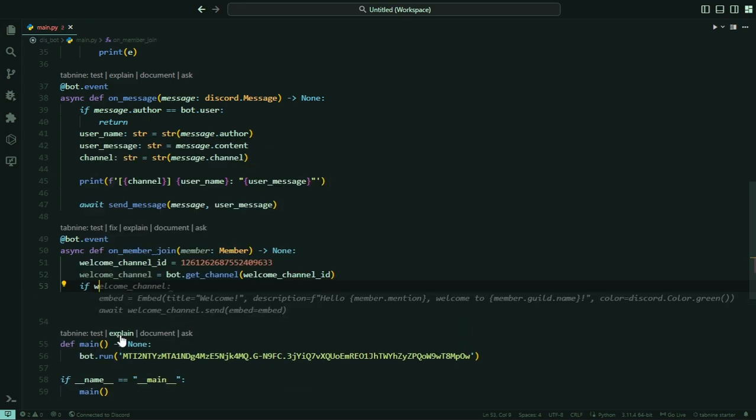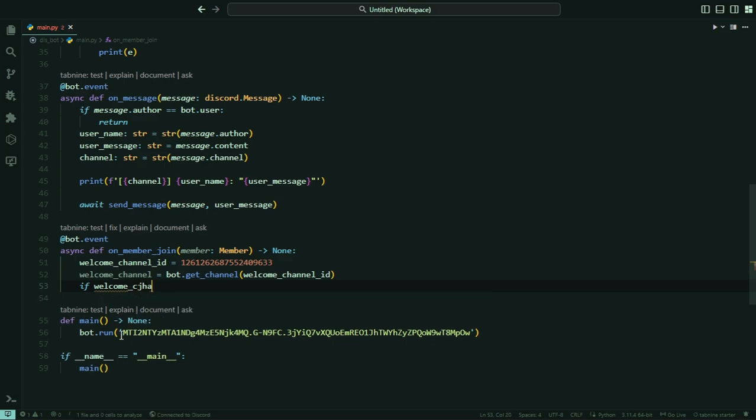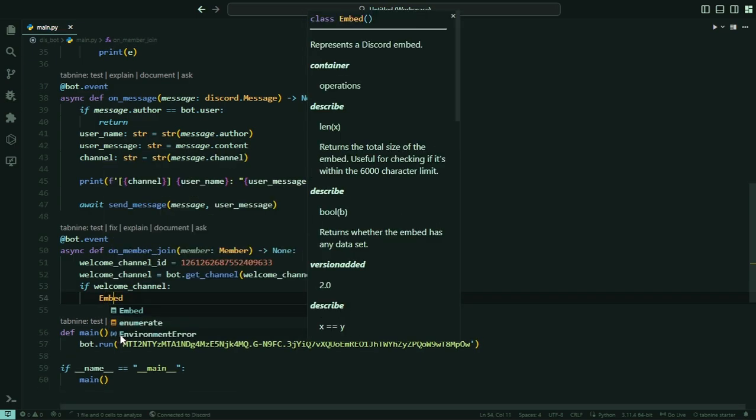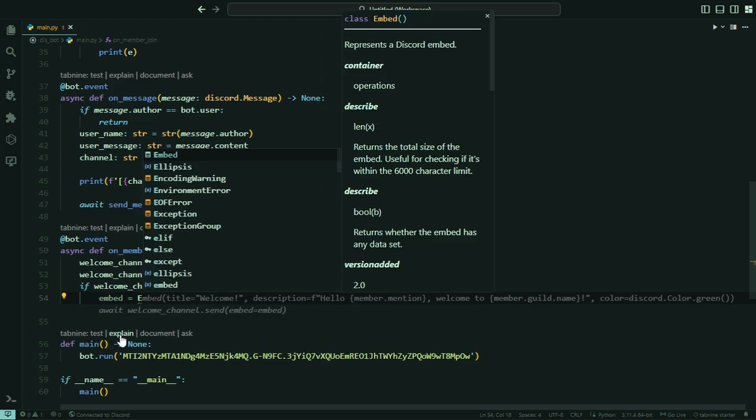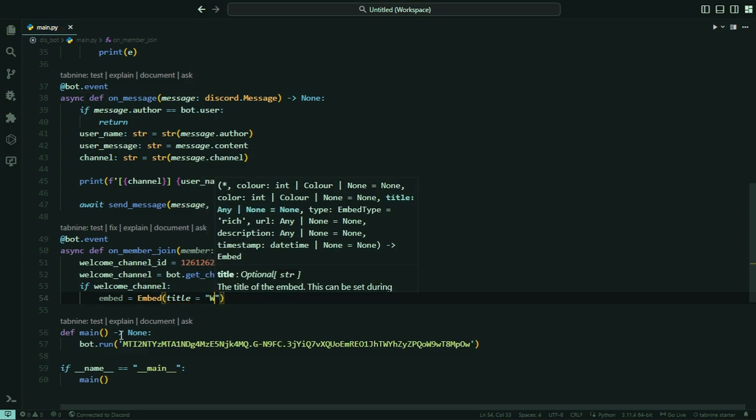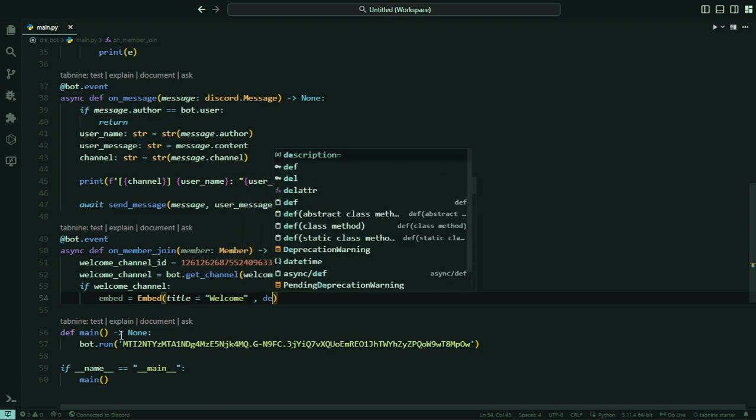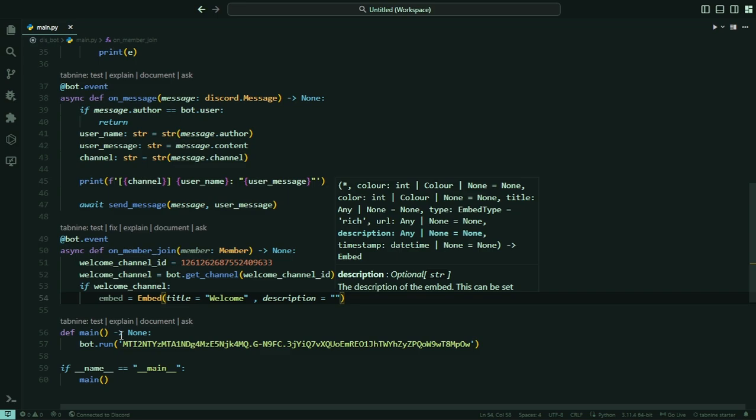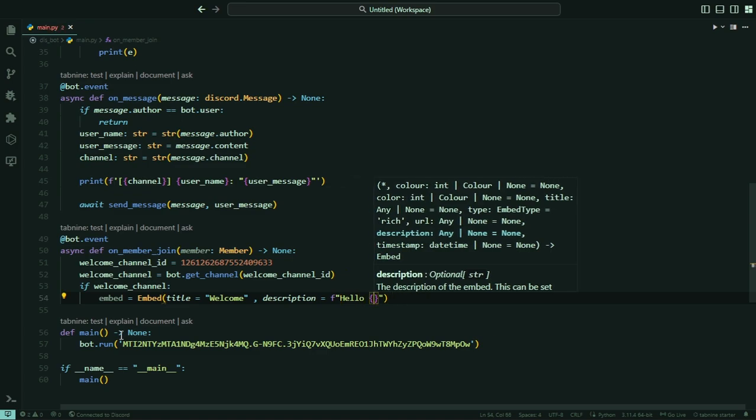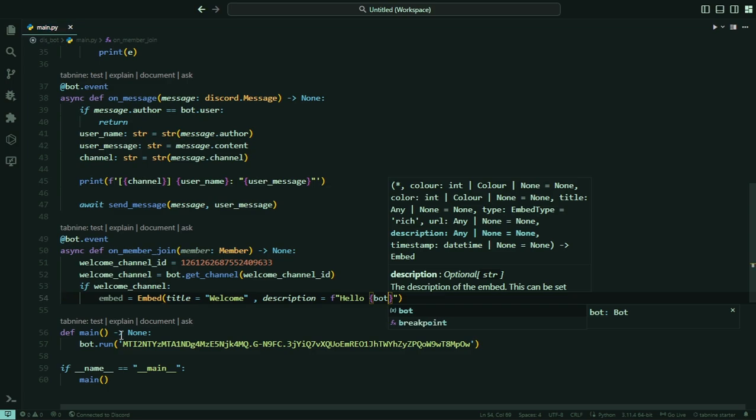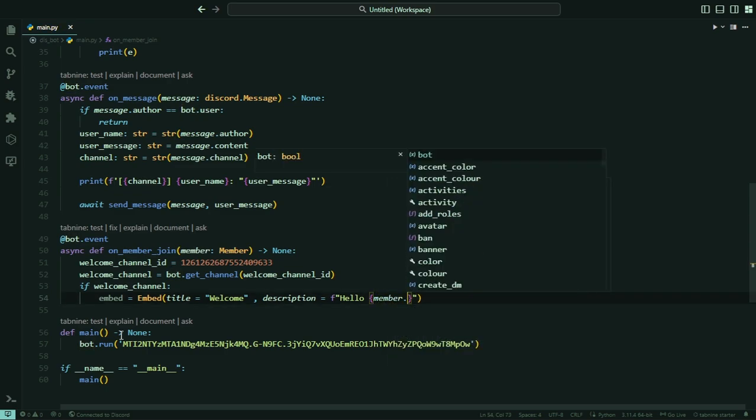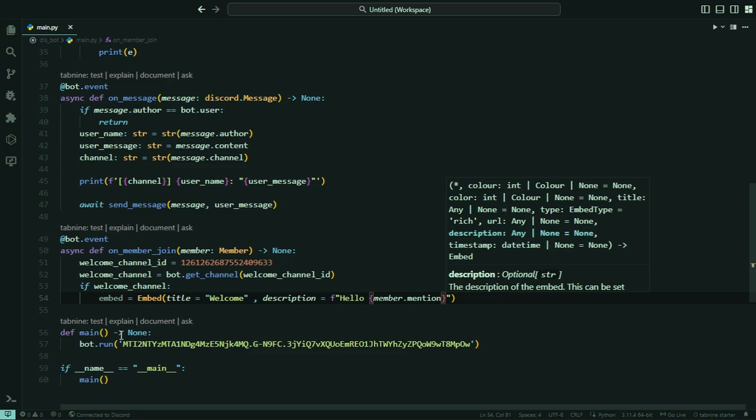Next thing is if welcome channel is true, we need an embed with a small e: embed equals Embed, with title equals Welcome, and the description is a string, for example, Hello. It's member.mention to mention the joined member, and